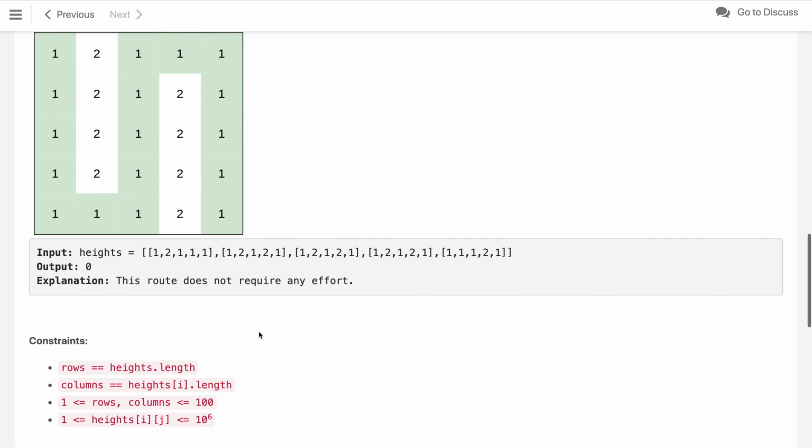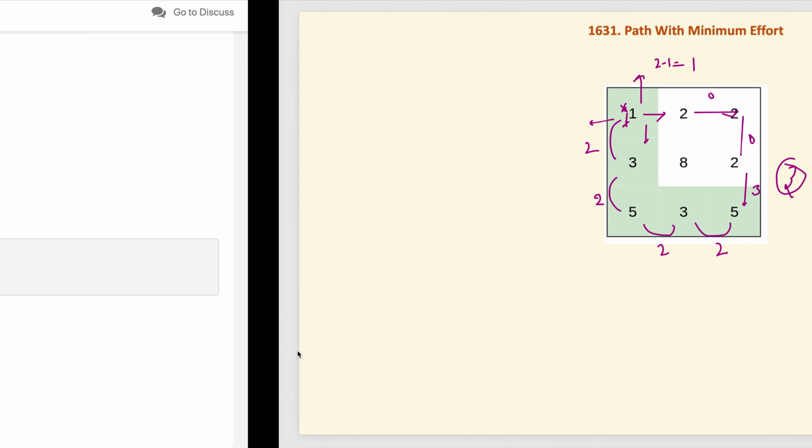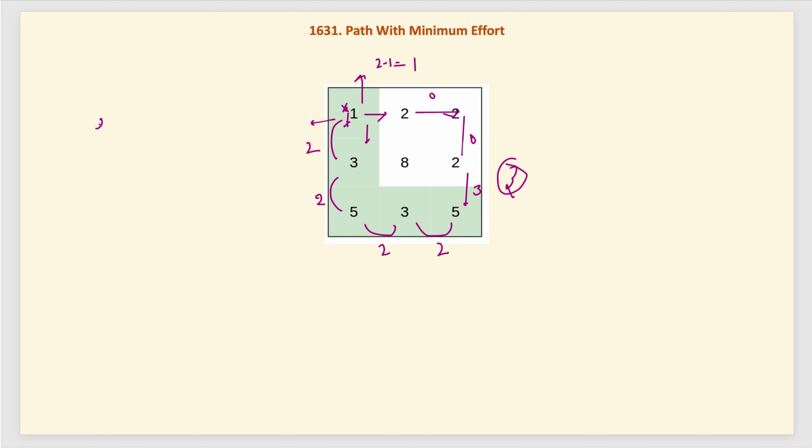So what can we do? We will solve this using these two constraints, as a left bound and a right bound, and start searching. We will use binary search plus DFS to solve this problem. First of all, we start with the left pointer at 0 and the right pointer at the maximum value, which is 10 to the power 6, and add 1 to be on the safer side.